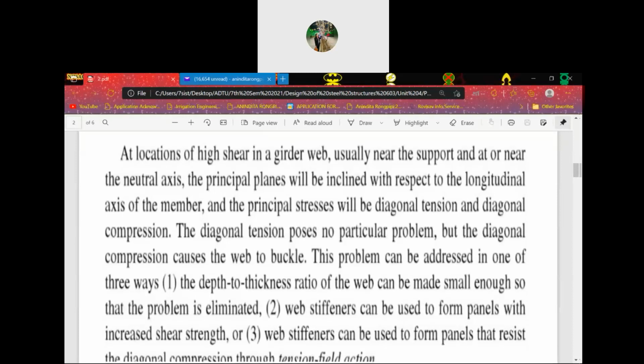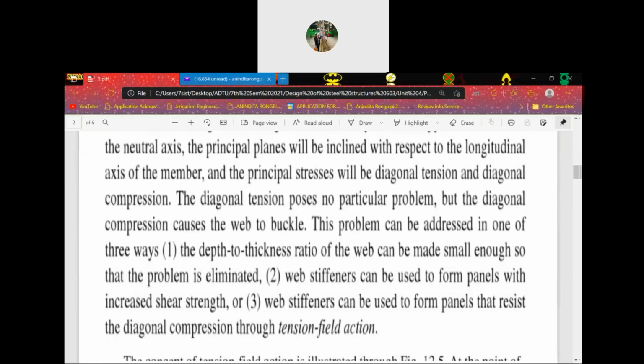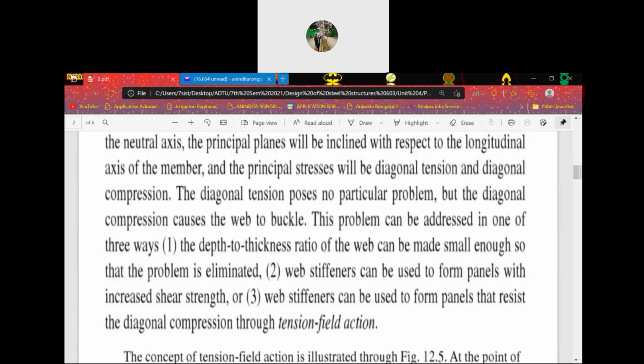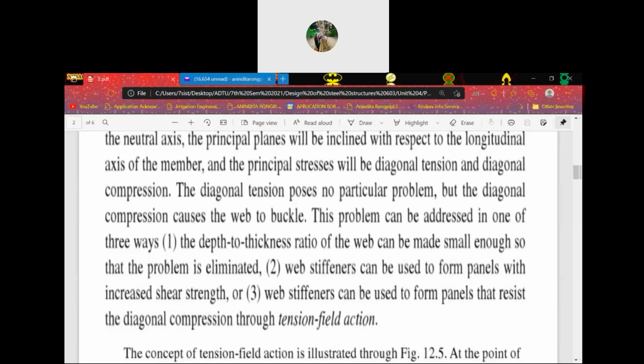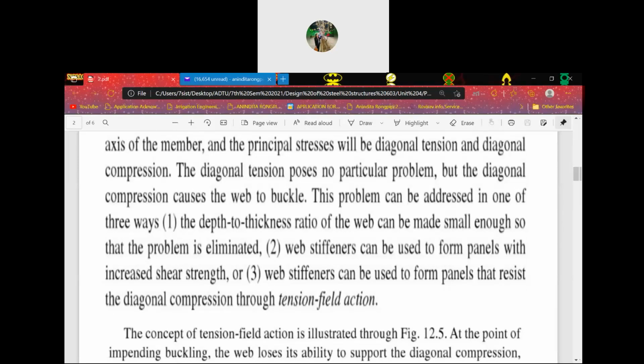This problem can be addressed in one of three ways. First, the depth to thickness ratio of the web can be made small enough so that the problem is eliminated. Next, web stiffeners can be used to form panels with increased shear strength. And the last one, web stiffeners can be used to form panels that resist the diagonal compression through